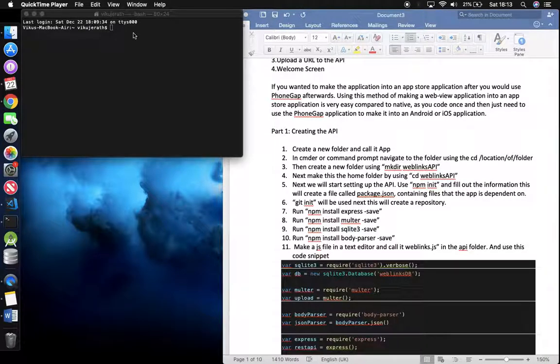into how to create an API. To create an API, we first of all go into the command window. We navigate to the file. So in this case, mine is documents web links